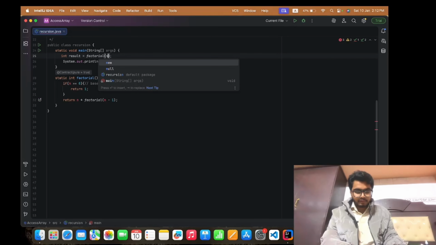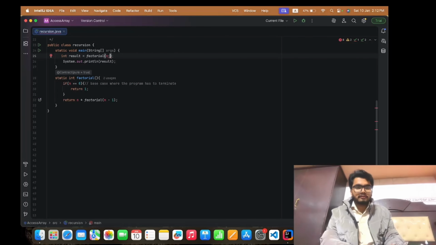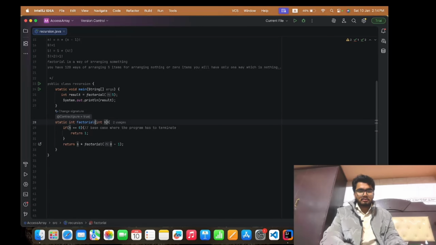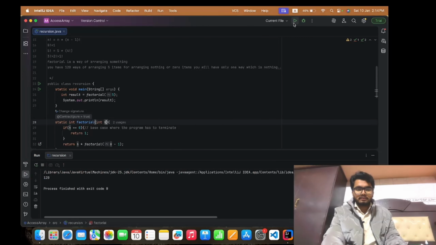Here you have to give any value of n, which we can say 5. Yeah, there we haven't written static int factorial of int n. Now I guess it is correct. If we run this, we will get the answer of 5 factorial, which is 120.